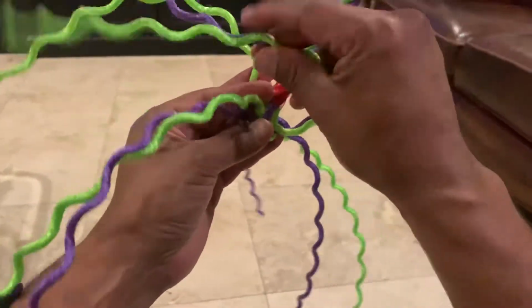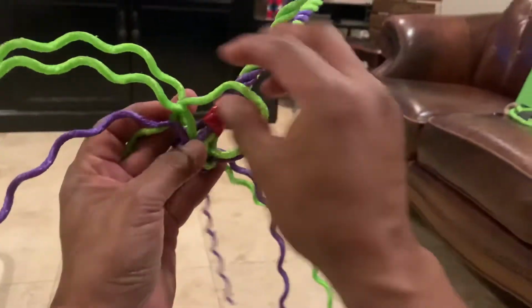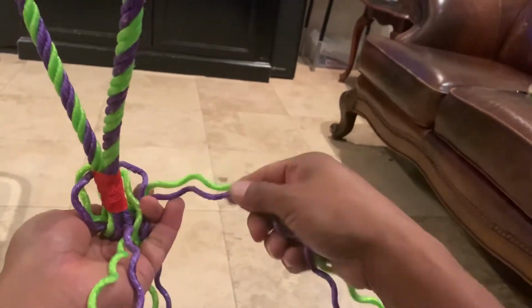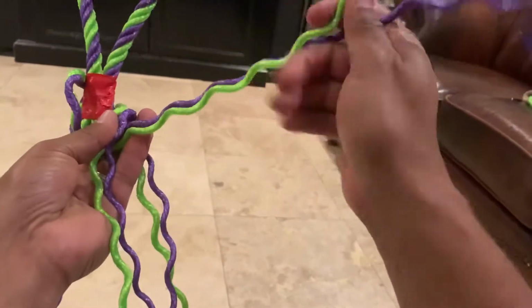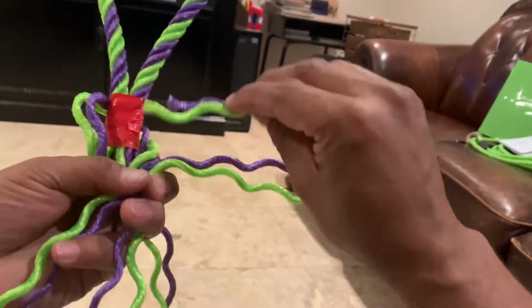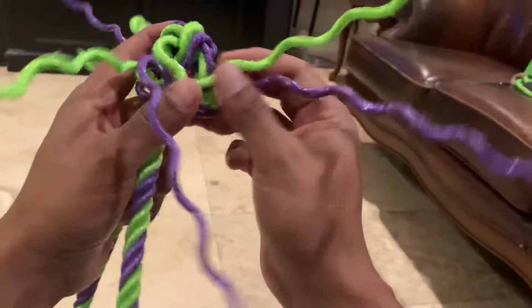I'm going to go over to your left and sustain it. I'm going to go over the one that I just crossed, sustain it, and then I'm going to go over that one and sustain it. I'm going to go over the last one, sustain it, and there's the other hoop. Once you have that, I'm going to go over and then through the hoop. Once this is done, right